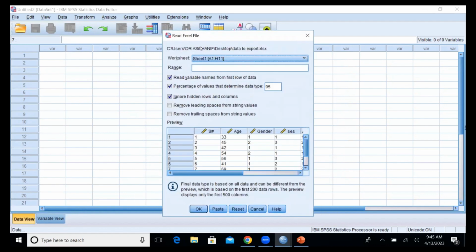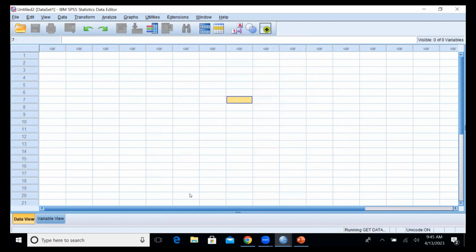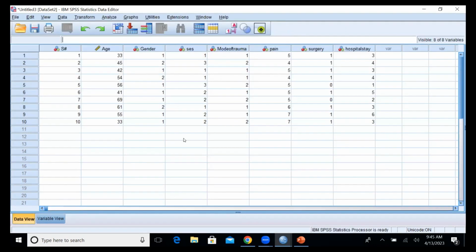Look, SPSS is saying this worksheet is to be converted. Read variable name from the first row of data, meaning from the very first row. SPSS will read the data, and it has already set all the options here. If I press OK, look, the mode of trauma space is eliminated by SPSS itself. All the data that was in Excel